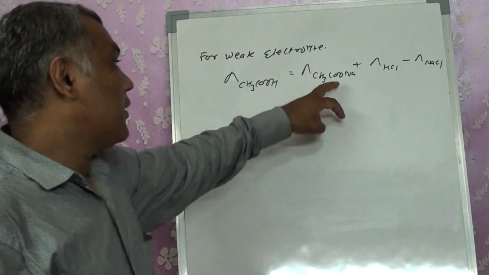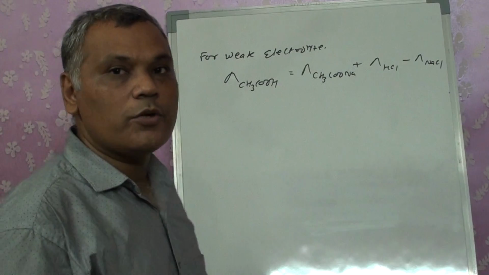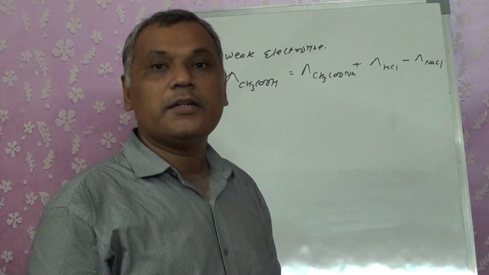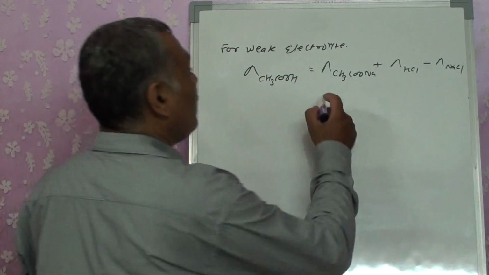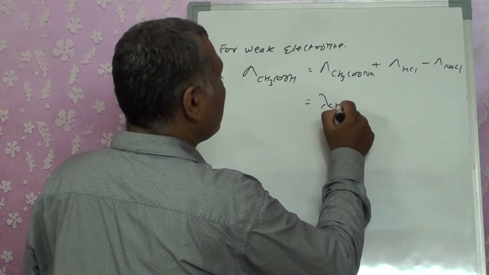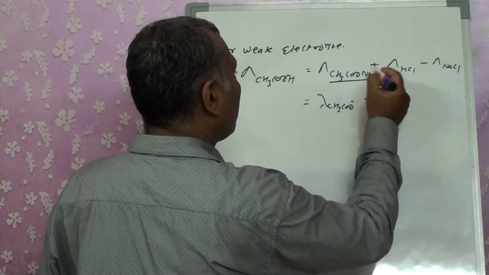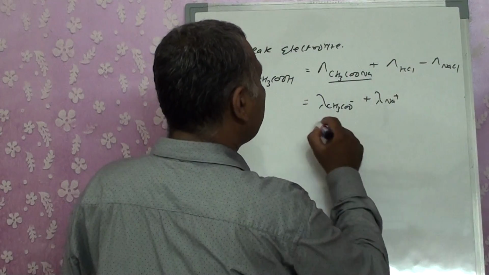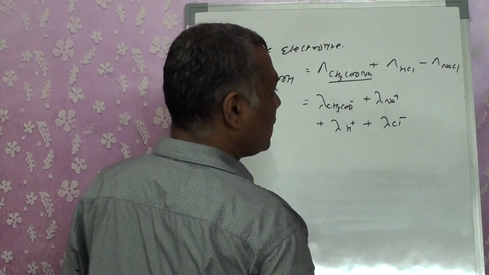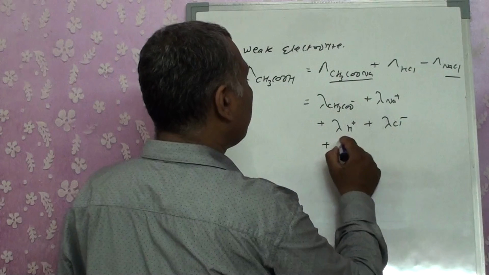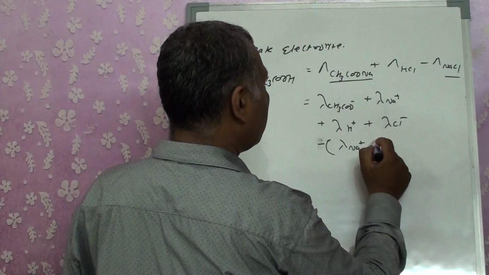Now I know that salts, water soluble salts, are completely soluble, they are strong electrolytes. HCl is a strong acid, it also gets completely dissociated in the solution, right? So we will get the conductivity of CH3COO minus and the conductivity of Na plus for the given solution. For this solution, we will get the conductivity of H plus and the conductivity of Cl minus. For this given solution, with a minus sign, we get the conductivity of Na plus and the conductivity